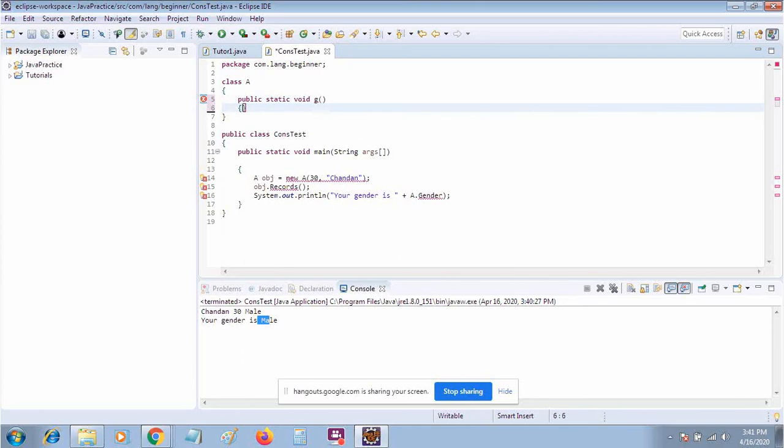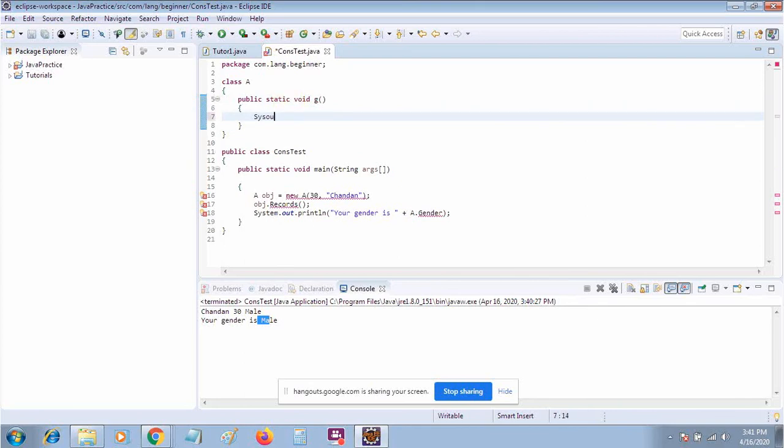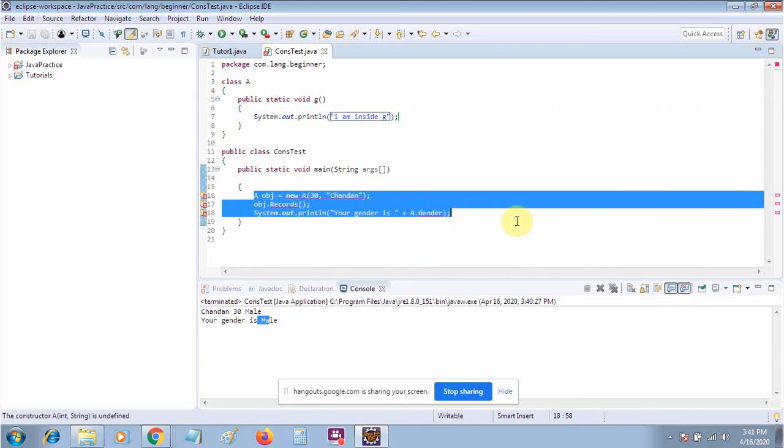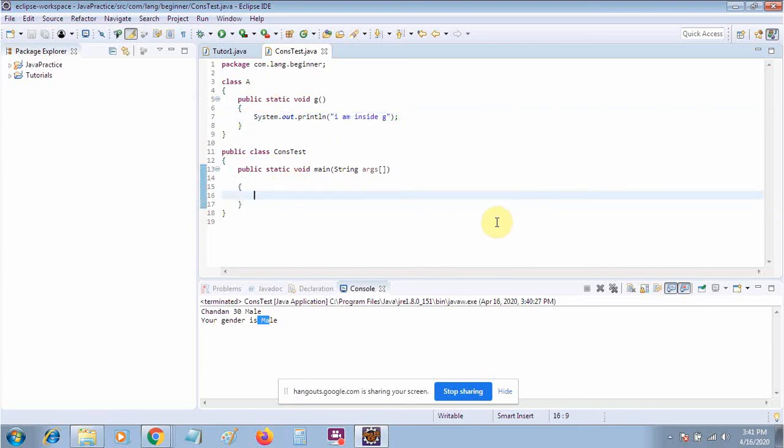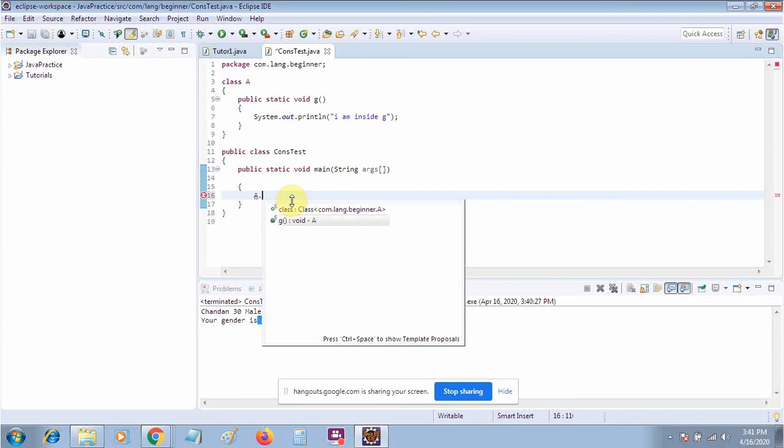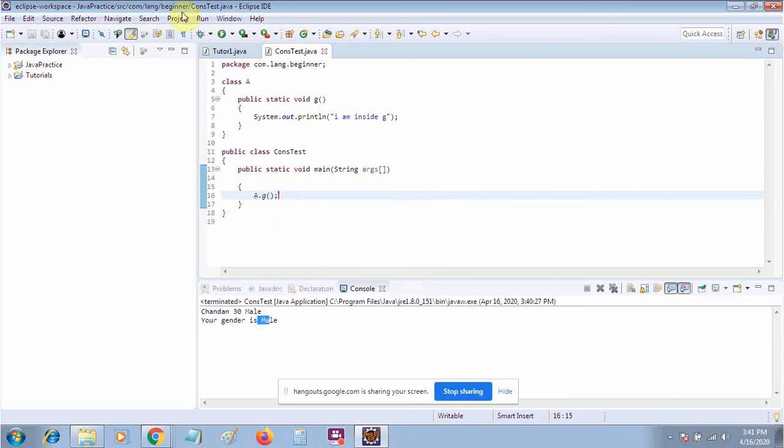Now inside that there is a print statement, and you can say I am inside g. Okay, and first let me run this one. Remove this one. So look, we do not need to create the object. We just need the class name dot method name, and you will see that all the code will get executed. Okay, so this is the main benefit of the static keyword.